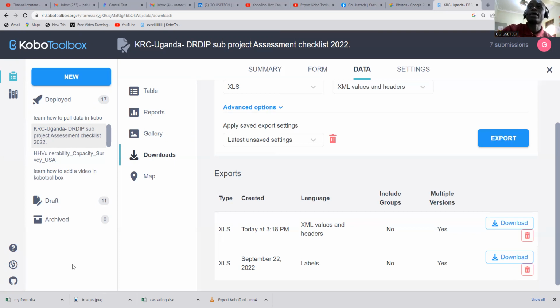So basically, guys, that is how best we can export our data for analysis into Excel, from KoBo directly to Excel. However,